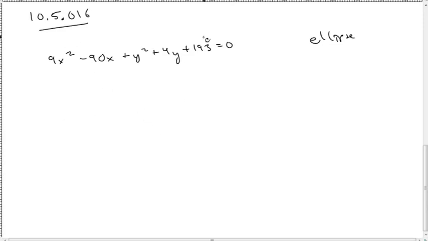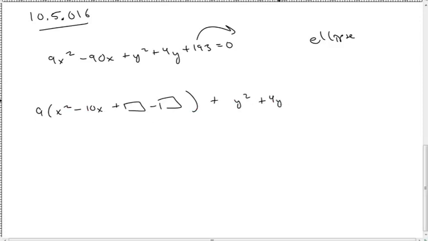To be able to do that, though, I need to move this over so I don't have a 0. It has some kind of number. And these guys here, eventually I'm going to complete the square with them. So I'm going to skip a couple steps, but I'm not really skipping steps here. I'm just showing a quicker style, like that. Okay, cool. So what I did is I took the 9s out to the front because this is